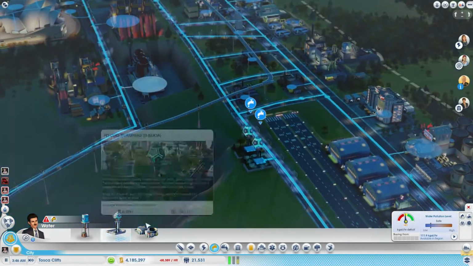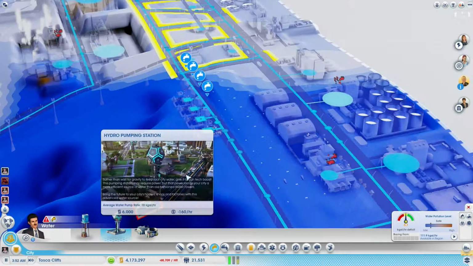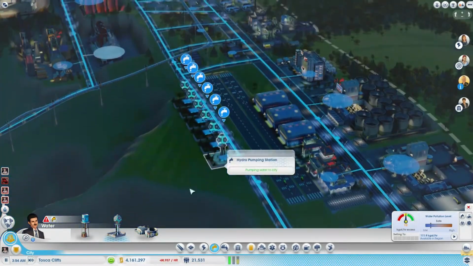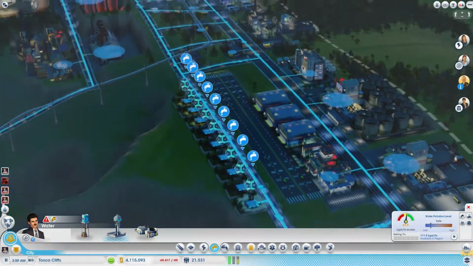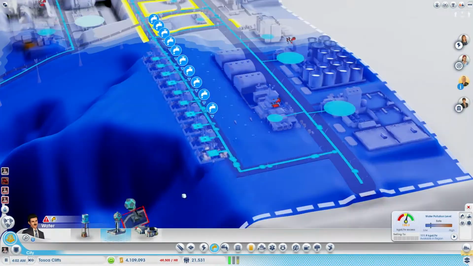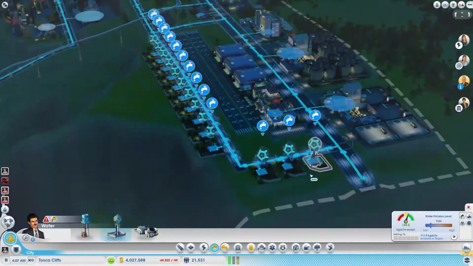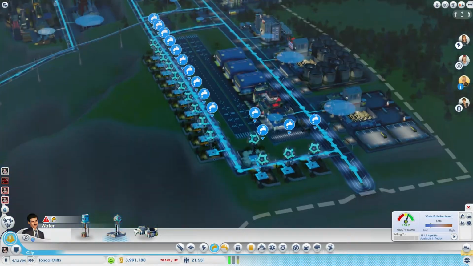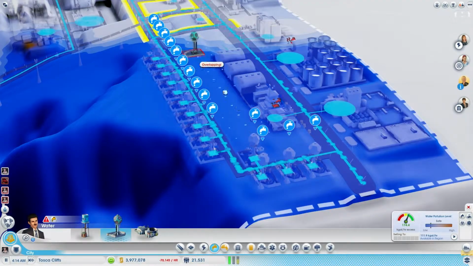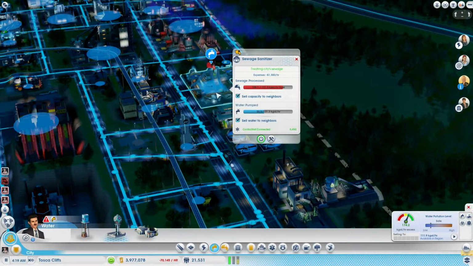So instead, I'm putting down a bunch of these futuristic water pumps. And I'm just putting a whole bunch of them up there. I'm looking at the gauge and getting it so that it's in the green as much as possible. There, so that's as many as it'll let me put in this area. And so that is helping with the